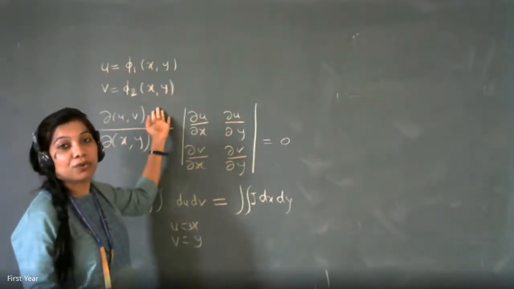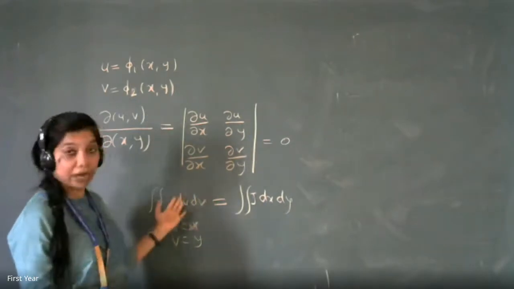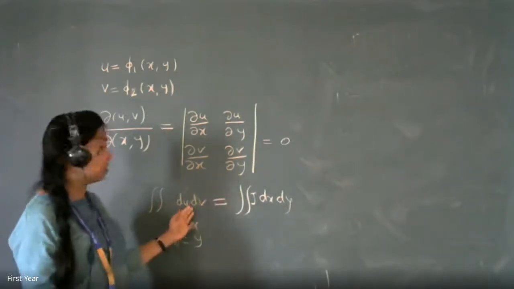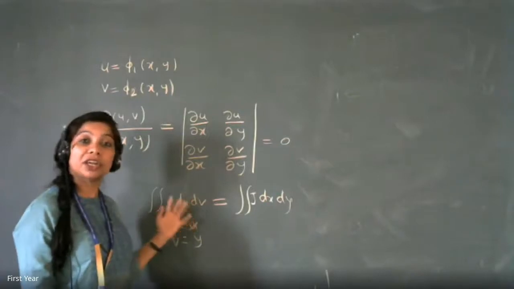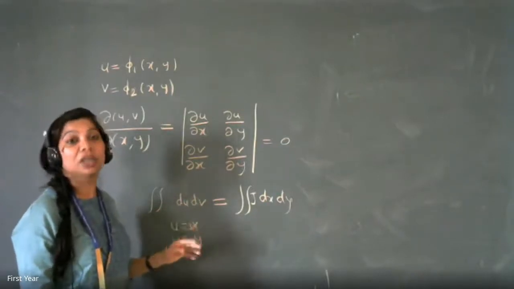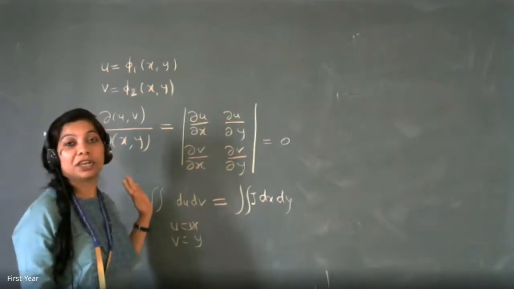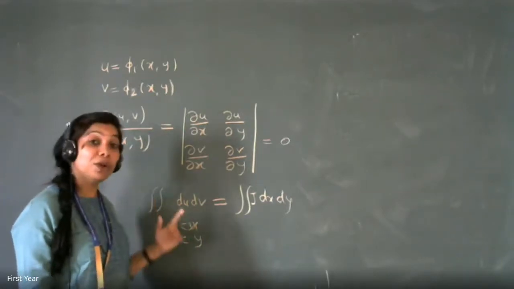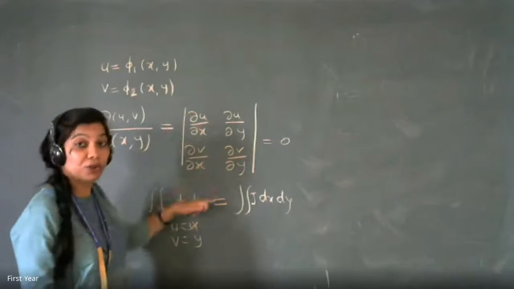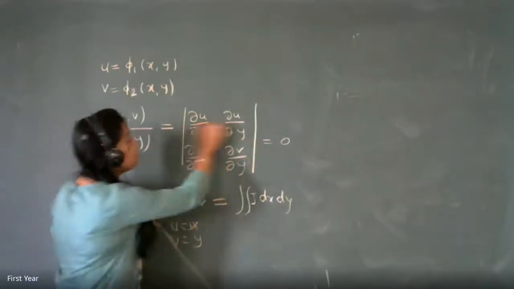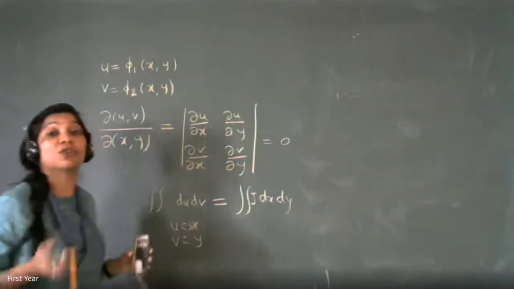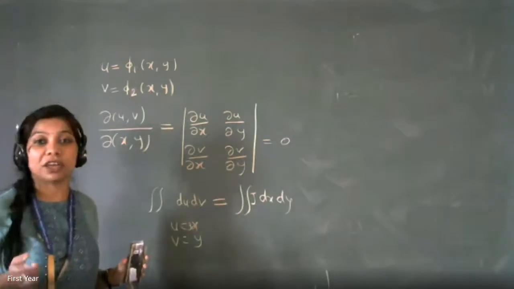So there is no need to think about du at all. Only think about dv. So it will be a single variable integration, and the double integration will become a single integration. So that case is also not very important. We have seen how to do single integrations, isn't it? What is more important is that if both of them are non-zero, still the determinant is 0, that means the first row and second row are the same, or multiples of each other.